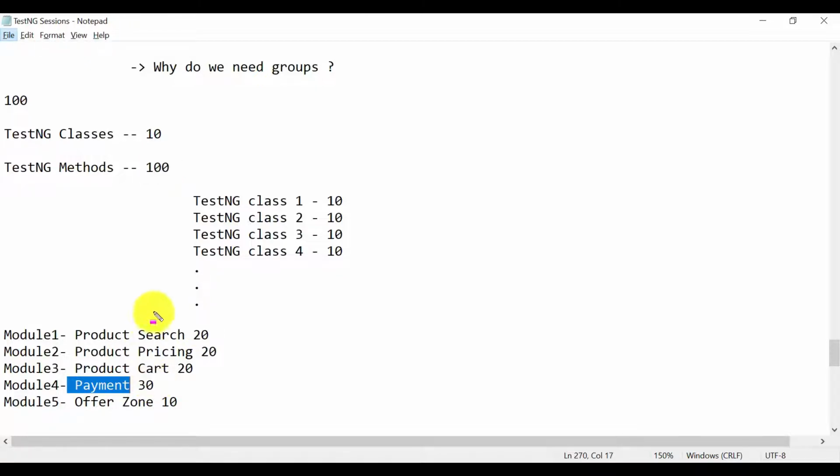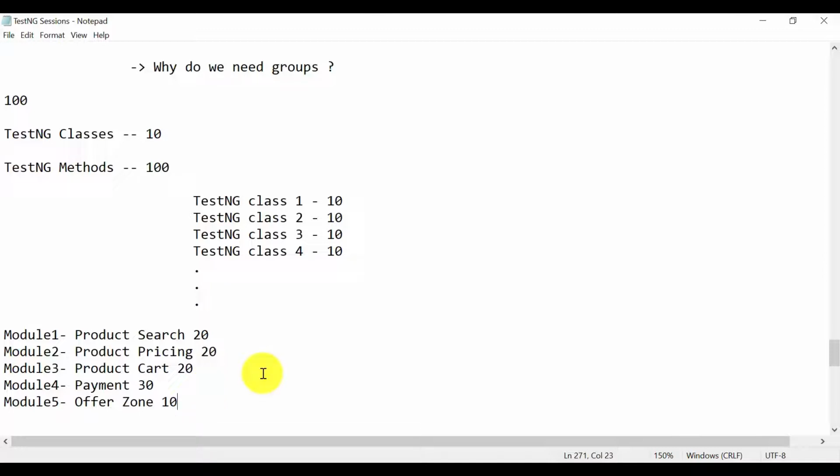So our scenario is how we are going to create these categories depending upon some module or functionality, and how we are going to run only the 30 test cases which are testing the payment module. Now think about this for a minute: you need to implement this scenario in your Selenium framework. You know the TestNG concepts, let's say you know about the TestNG suite, TestNG test, classes and methods, but you don't know anything about TestNG groups. How are we going to implement this scenario and run these related test cases in TestNG?